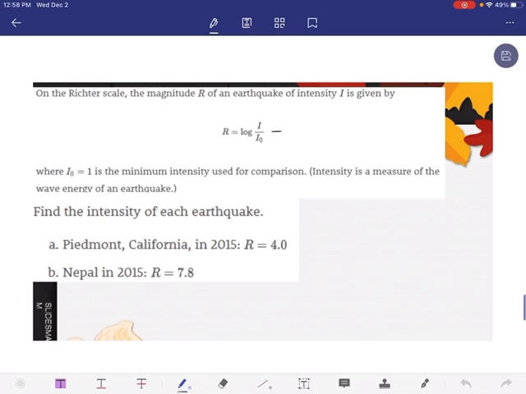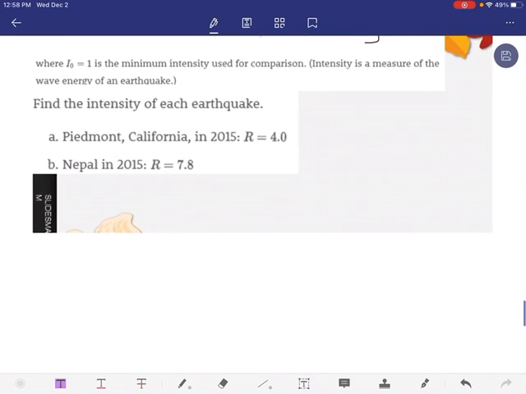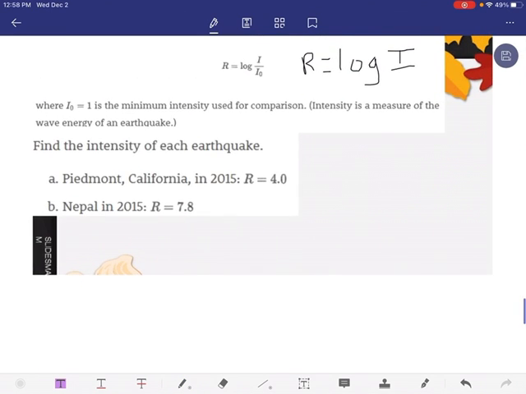So I'm not really sure why they go ahead and say that this is I divided by I naught when they tell us what it is. So we're going to go ahead and just simplify that. So we would get I divided by 1. So we're just going to get log of I. So that's really the model that we're looking at. So it asks us to find the intensity of each earthquake. Now remember, intensity is represented by